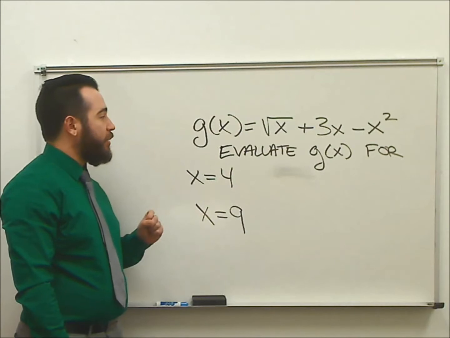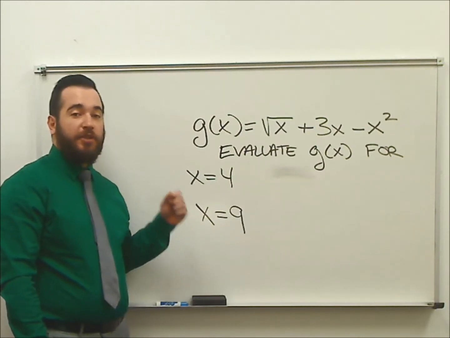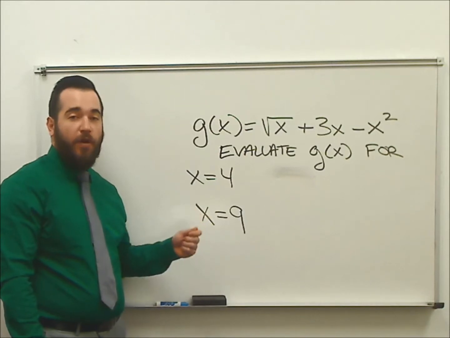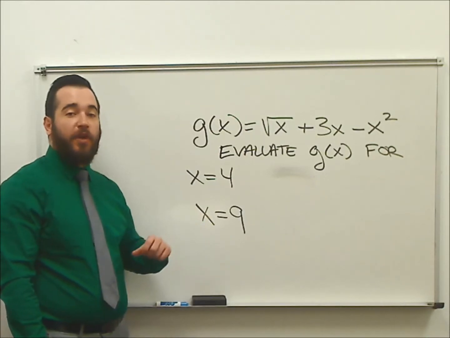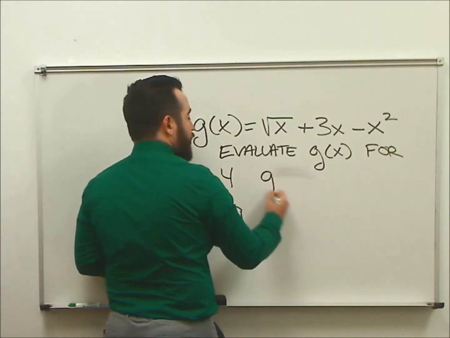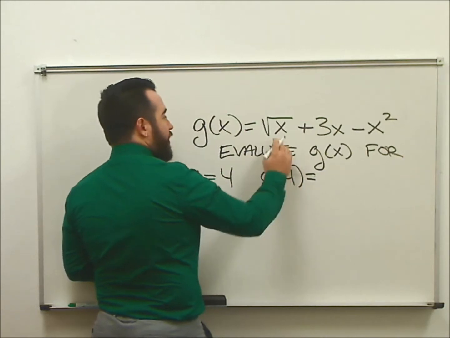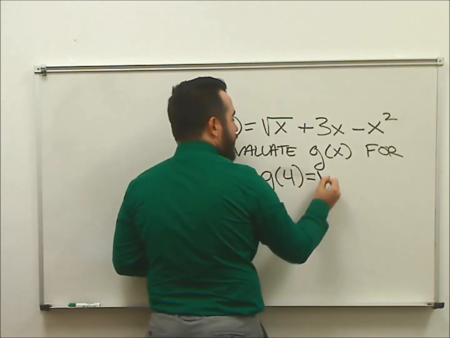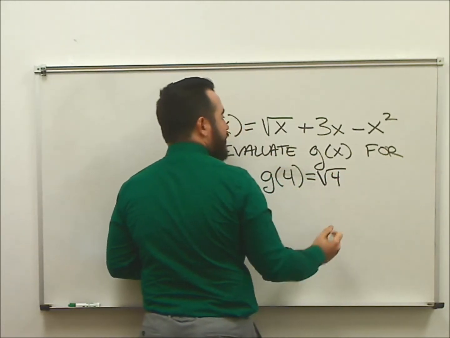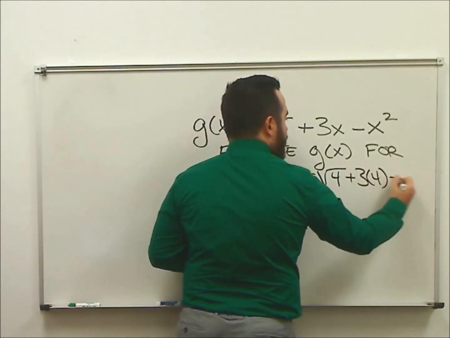First, evaluate g of x for x equals 4. That means we're going to take g of x and we're going to plug in 4 everywhere there's an x. We want to figure out what g of 4 is. Alright, so g of 4. Then we replace x with 4 everywhere on the right-hand side. So we get the square root of 4 plus 3 times 4 minus